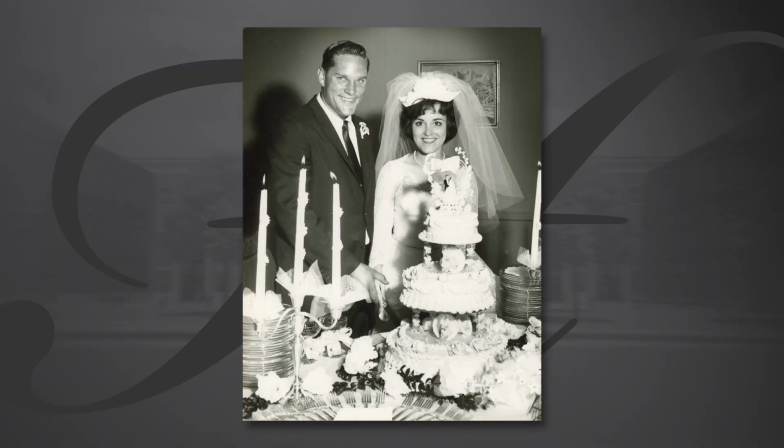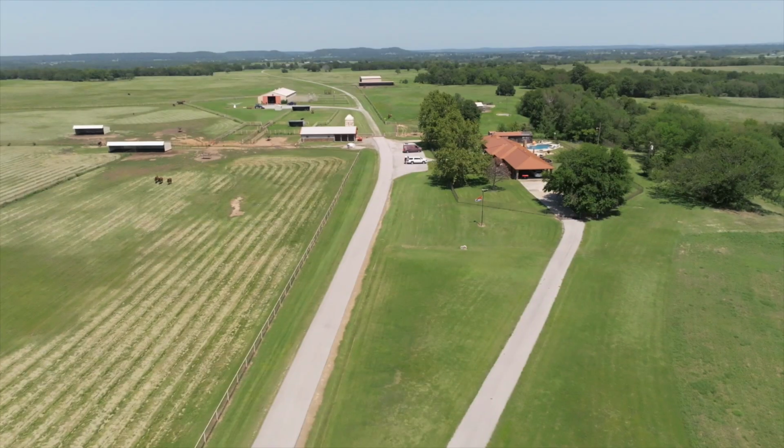And so she knew that Dad had a truck. And so they got a hold of Dad, and Dad took her home, and I guess that was it. Win and Kay got married in June of 1965, and as much as they loved OSU, the newlywed couple decided